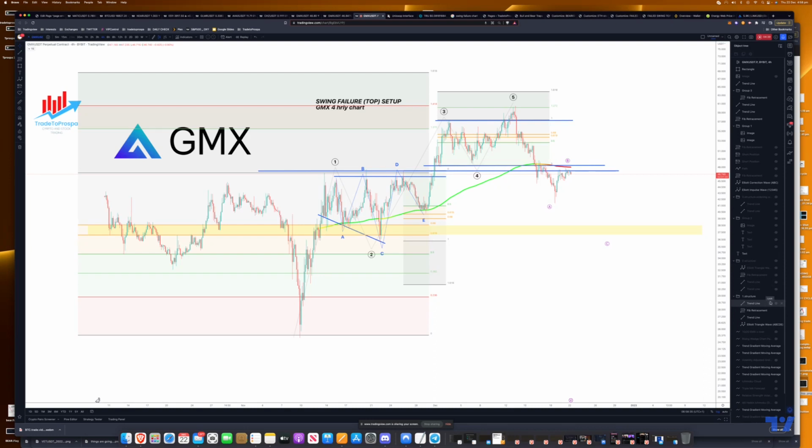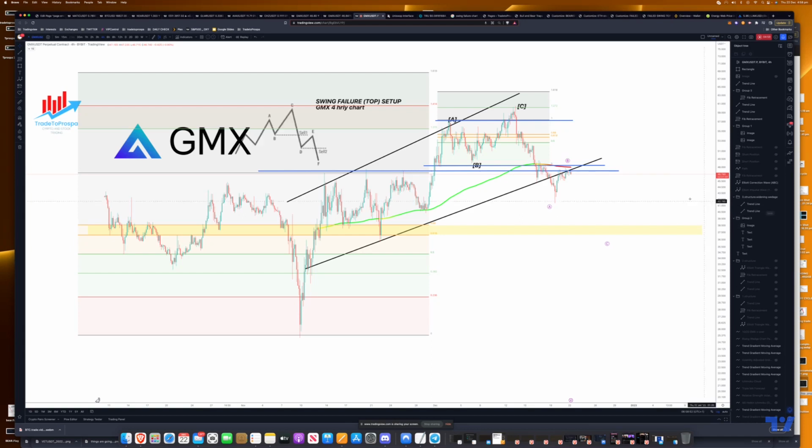So let's just pull all these things away. You can always play it back. And what we'll also have is a rising channel or broadening wedge of some sort. And let's just remove that. And now where's my text? Here we go. So what we had from the top,